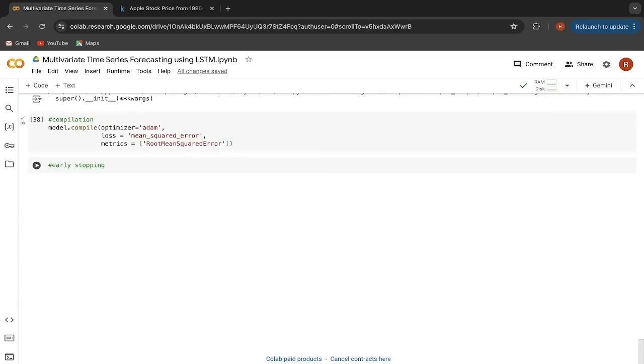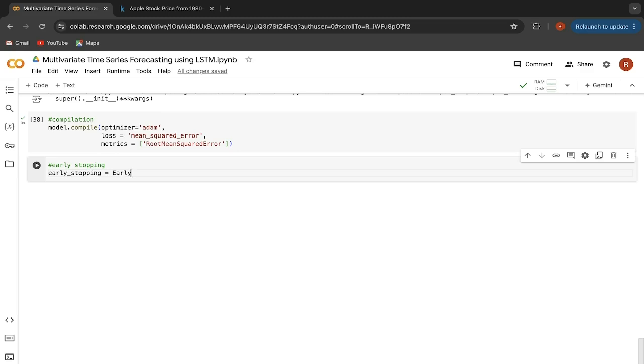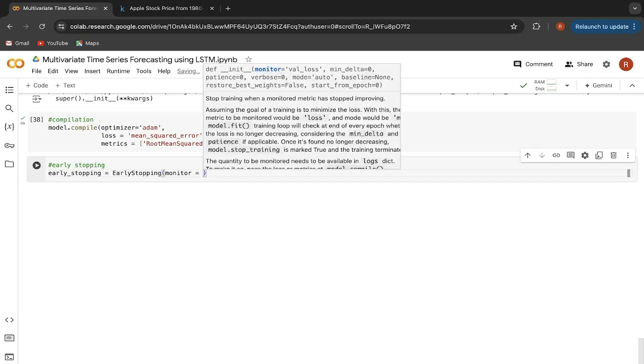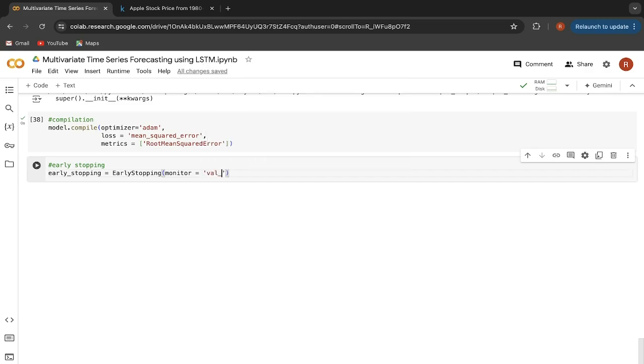Here what I will do is I will say early_stopping, a variable, you can name it anything. Then I will load the module that we imported, EarlyStopping. Here we have to specify the argument monitor, that is what we are monitoring. You can specify whatever parameter you want to monitor. So here we are monitoring the validation loss. As I said previously, we will be observing whether the validation loss doesn't change for consecutive n number of epochs, and then we will stop the training process.